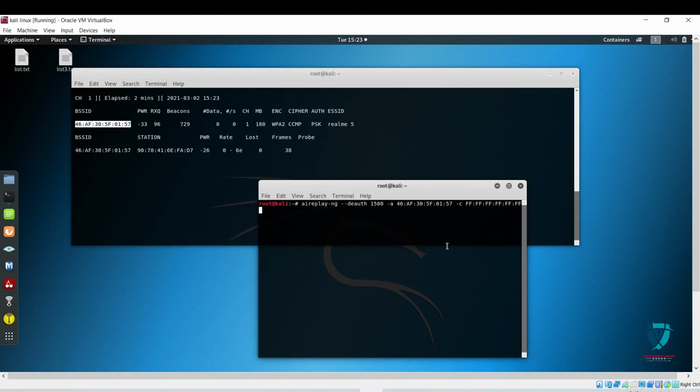And next, select the interface, wlan0. I'm going to enter the destination MAC address. Just a minute. Now I'm going to enter.